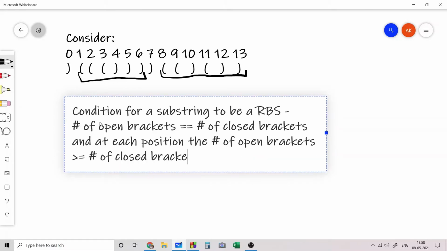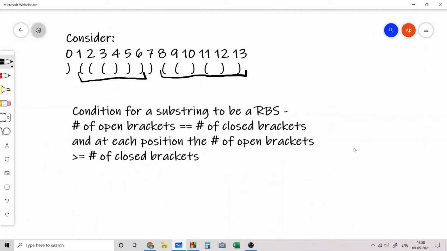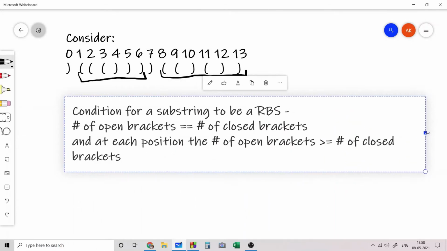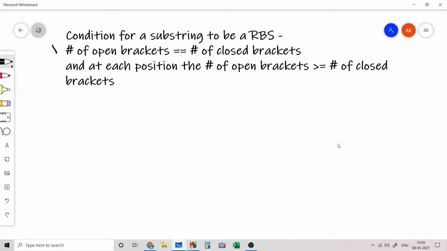This basically means that at any point we can't have the number of open brackets less than the number of closed brackets. So this was the first idea on what a regular bracket sequence is.